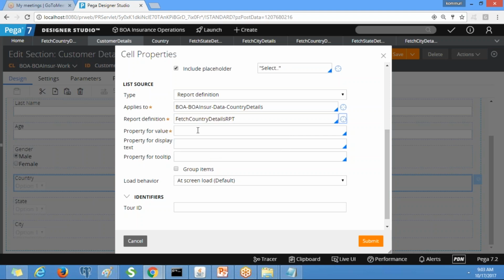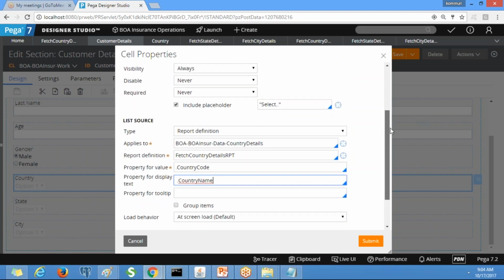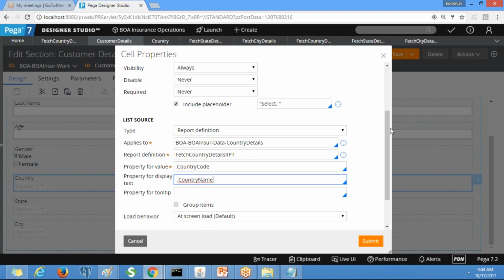What is the property for value? Country code. Property for display text, country name. Do we need to select any parameter here? No, because we always need to display all the country values.